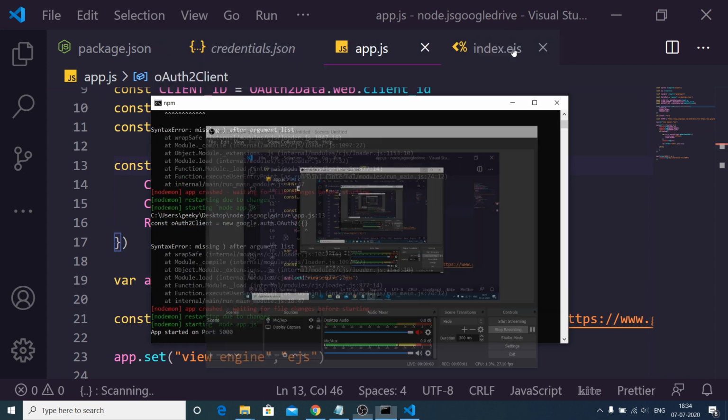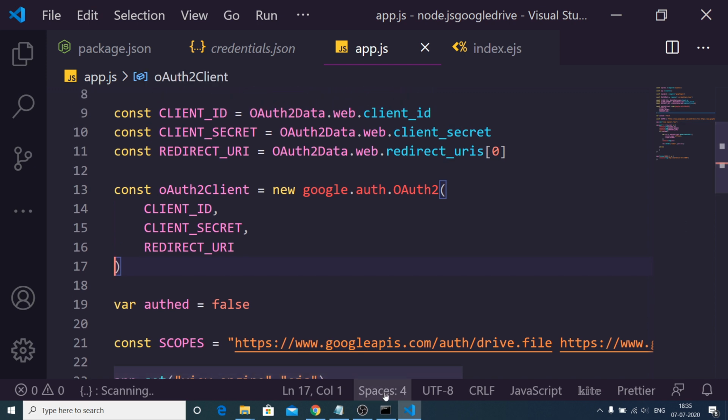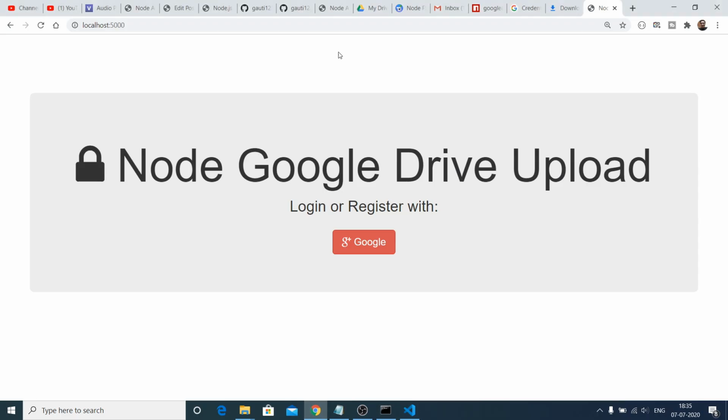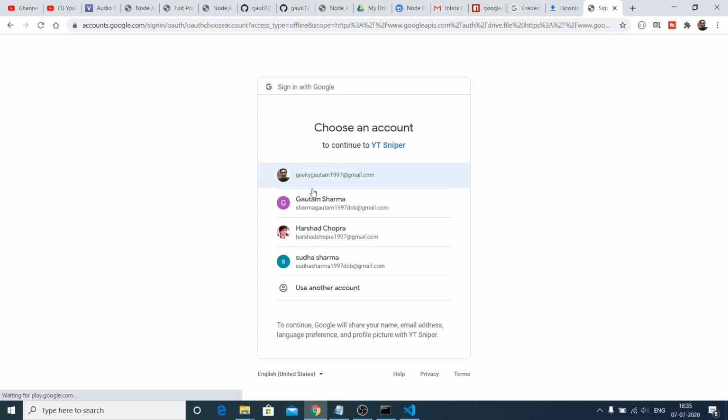Guys, I figured out the error. The error was simply because I have put a set of curly brackets here. So inside this you need to remove it. Just remove these curly brackets, that's it. So this was the error that was coming, and then restart your application, and what you will see here is that if I click this button, I will be redirected to a screen where I can select my accounts here. So these are a list of accounts.